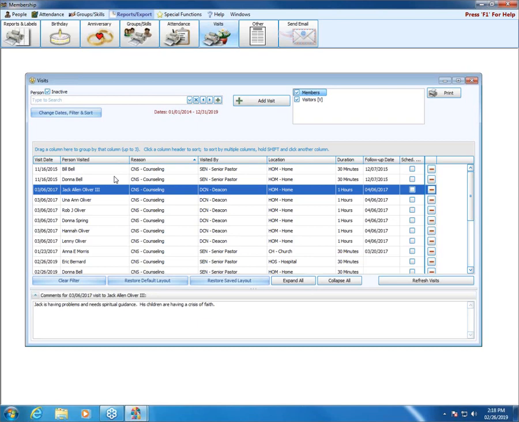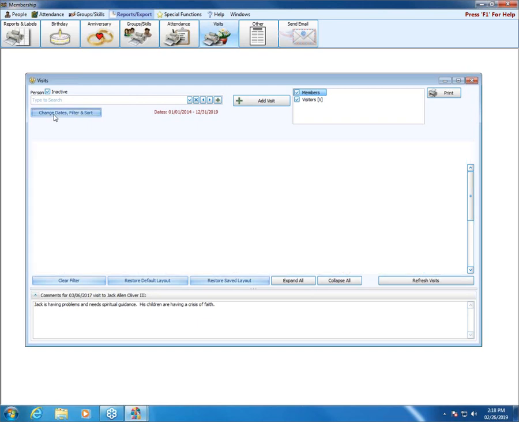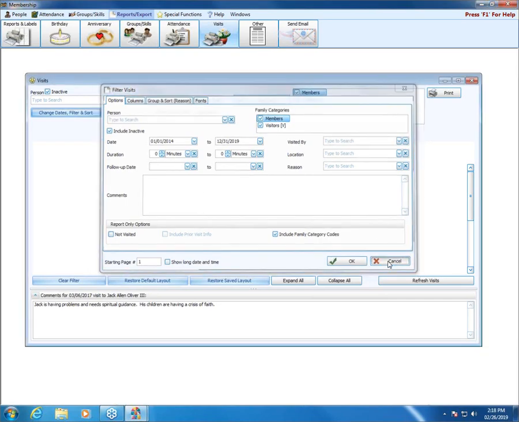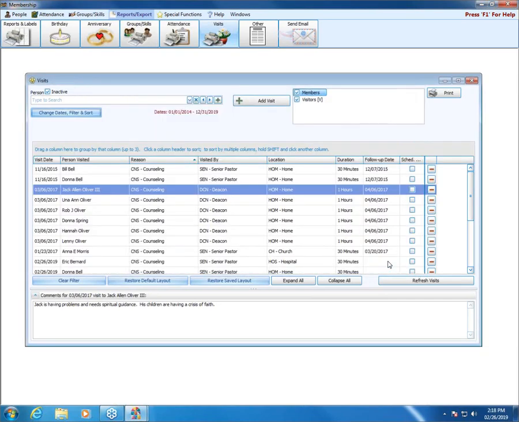And I forgot to tell you to turn the page, so I'm all the way to page 34, almost at the very end. Forgot one more thing on the change dates, filter, and sort. Wait a minute. Okay, no, I didn't forget. I'm sorry, ignore that. The one other thing I want to show you is the visits report, and that can be found